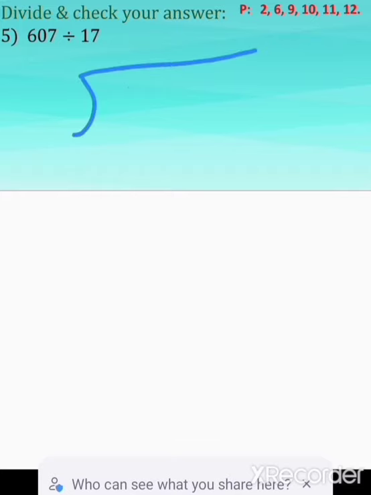See how. Suppose I don't know the table of 17. I have to divide 607 by 17, but I don't know the table of 17. Then what am I going to do? I will multiply 17 by 1s, 2s, 3s, 4s, 5s, and then I will get my numbers. That is the case. See here. Suppose I don't know the table, then how will I proceed with the division?